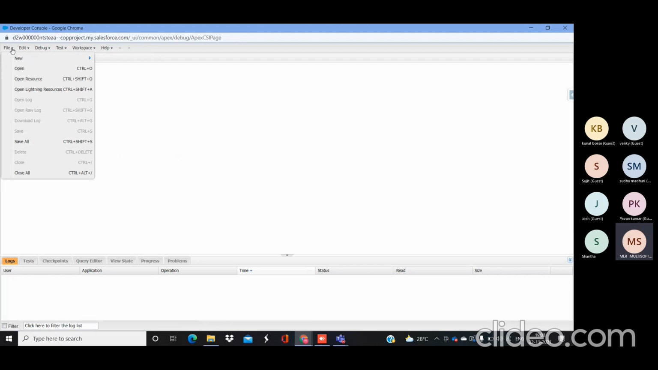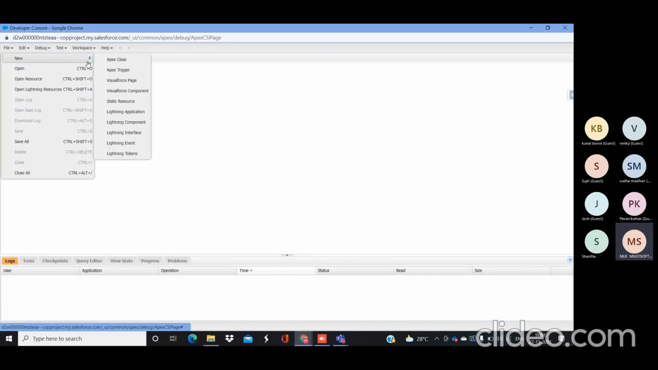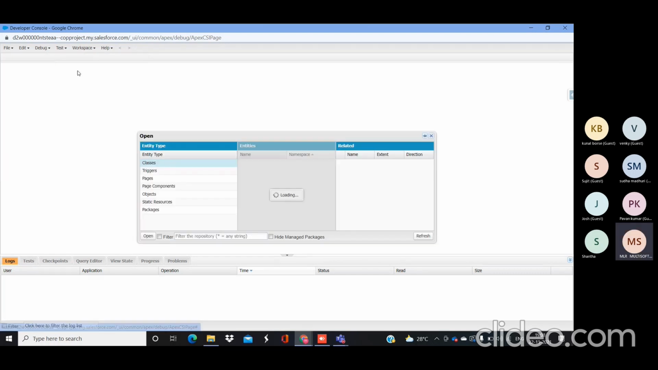From the File button, we can create a new component, which includes Apex class, Apex trigger, Lightning-related things, and Visualforce-related things. And here you can see the Open button. If you click on this Open, whatever existing classes, triggers or pages are available inside the development part, you can open anything with the help of the Open button